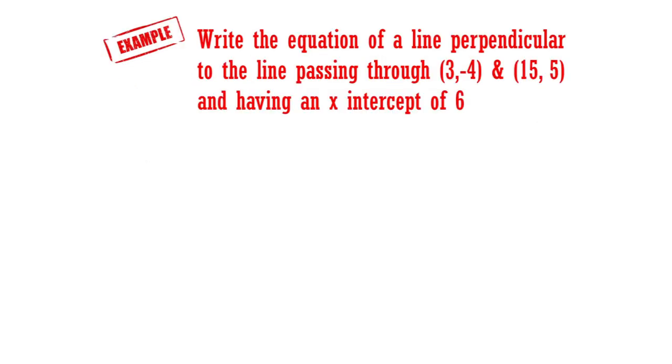Let's see. I don't know if this is hard or not, but it is using those formulas right there. So when we're doing this, well, I'll take a minute to read it here. It says write the equation of a line perpendicular to the line passing through these 2 points and has an x-intercept of 6. All right, so to write the equation, I'm usually going to use point slope form, but I